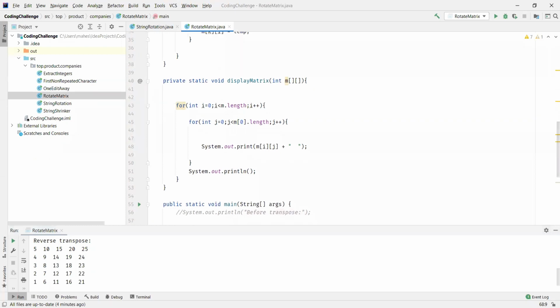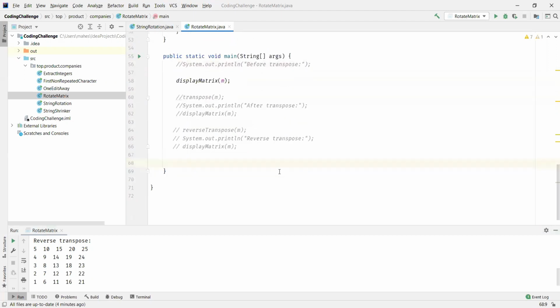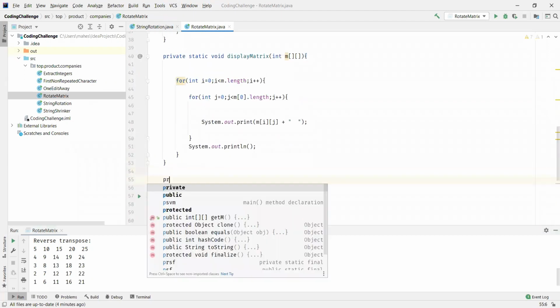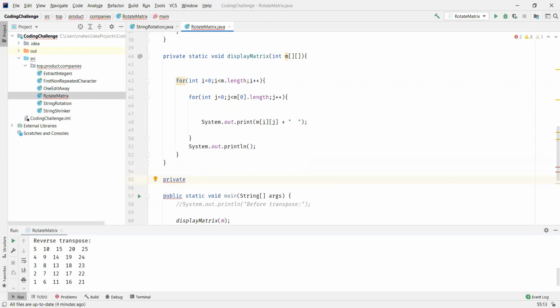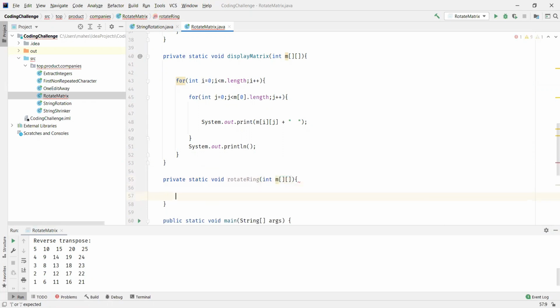So in order to do this rotating matrix ring by ring, we'll write a method, which I'll call rotate a ring, which takes the matrix as a parameter.